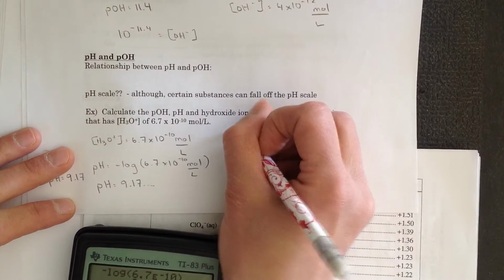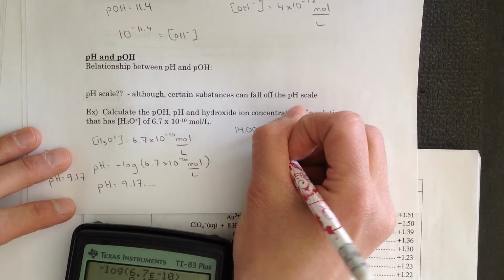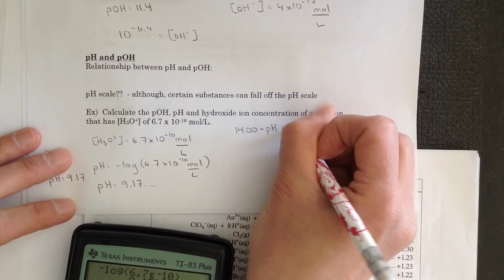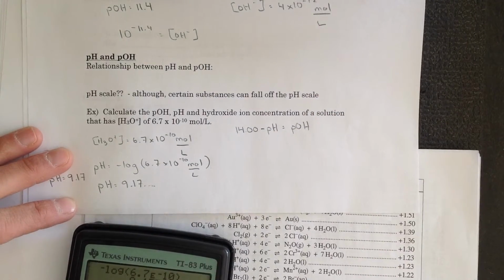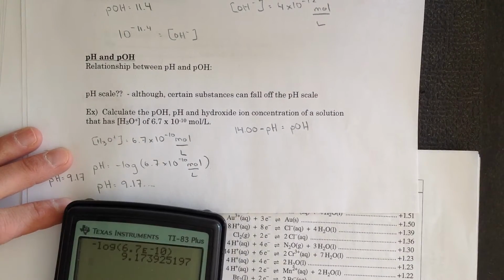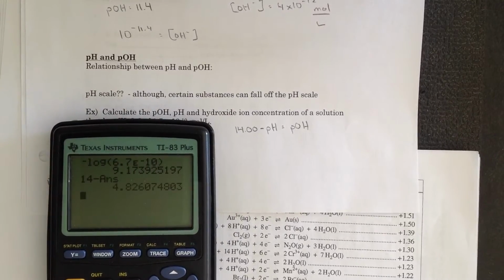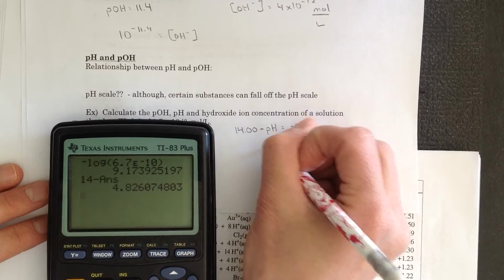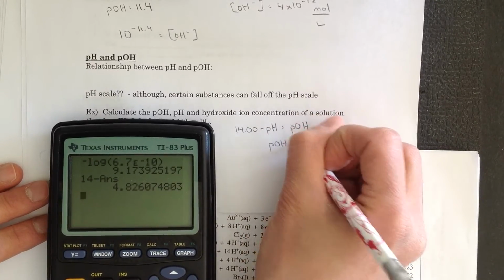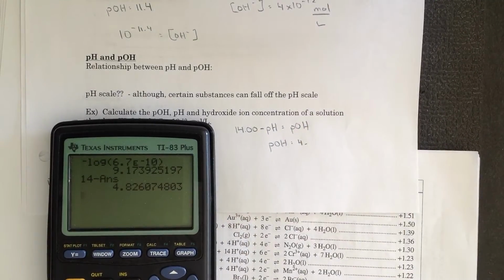So, what do we do now? We can figure out that 14.00 minus the value that I had, but keep that value in your calculator, I can get my pOH. Okay, so all you're going to do in your calculator now is you're going to take 14 minus answer, and our pOH is 4.826 blah blah blah,